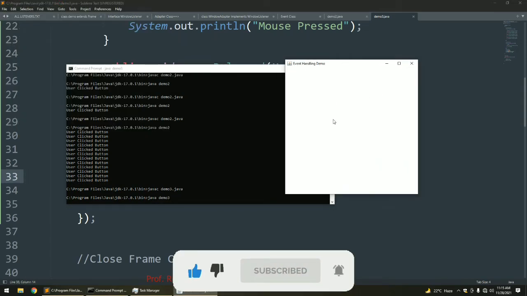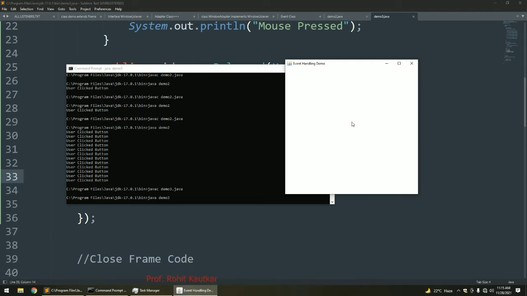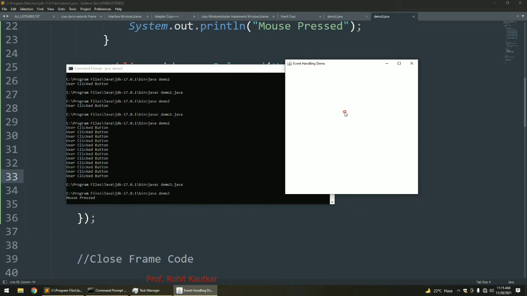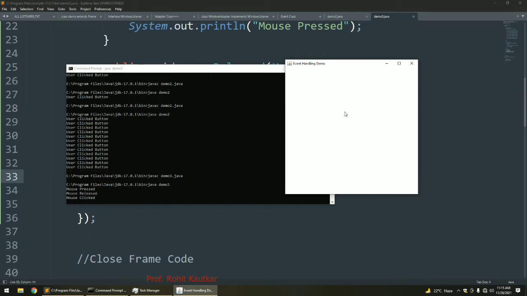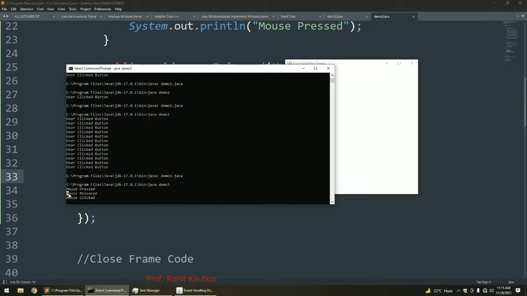Now I will click within this frame. First of all I will press my mouse button. Now you can see in the command prompt we are getting mouse press as output. I have not released my button till now, that's why we are getting mouse press. Now I will release my mouse button, and you can see the next statement, mouse release. Whenever you press and release your mouse, which event occurs?